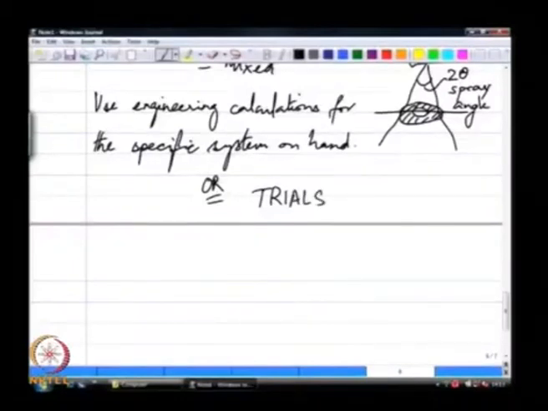Or the second option is to simply go through a trial and error